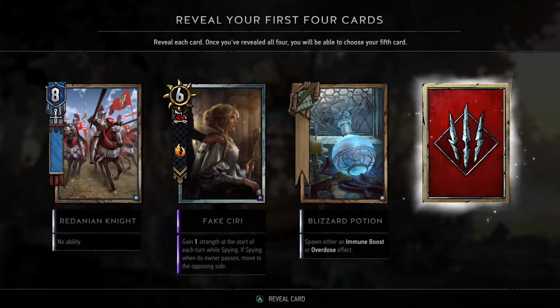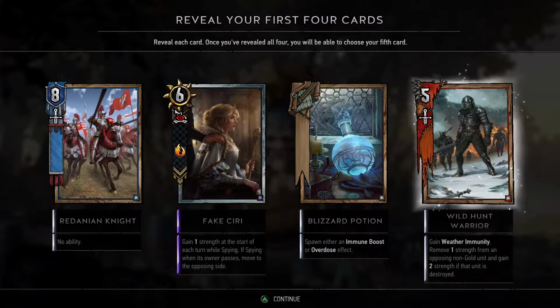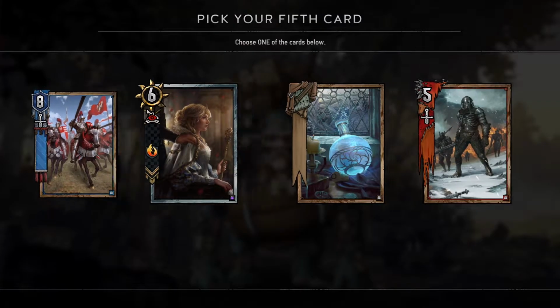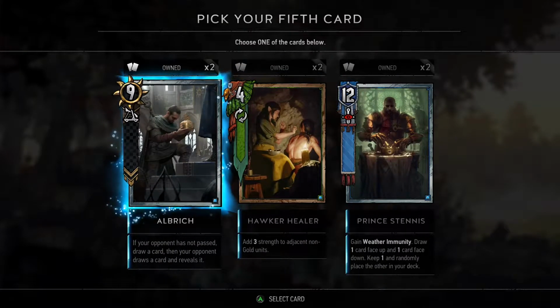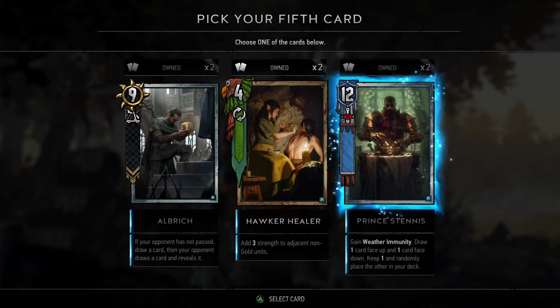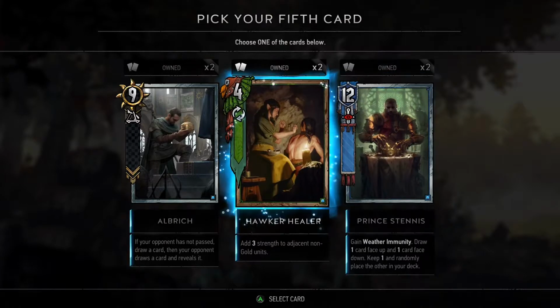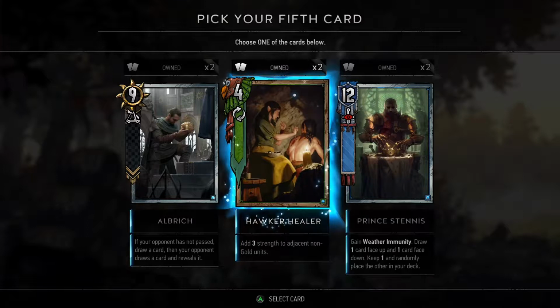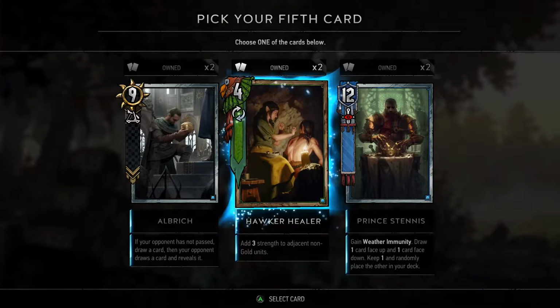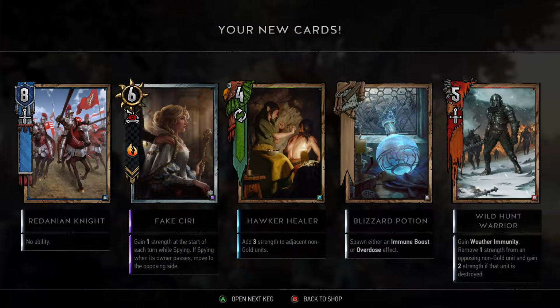Nice. Neutral Blizzard Potion we've seen. I think we've seen 1 Wild Hunt Warrior. I'm pretty sure. Okay, we've seen Ulbrick, Hawker Healer, and Prince Stennis. So here's the thing: Hawker Healers can actually be useful enough to at least consider 3, maybe. So I'll take that, because I already have the other 2, and once again I can't use more than 1